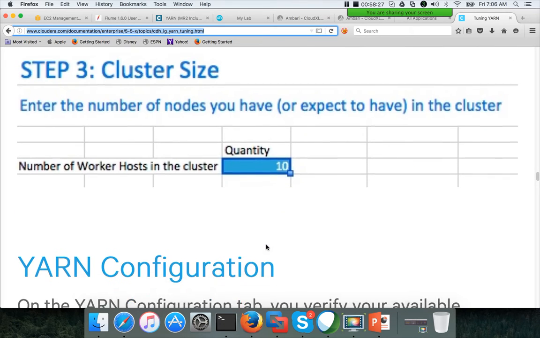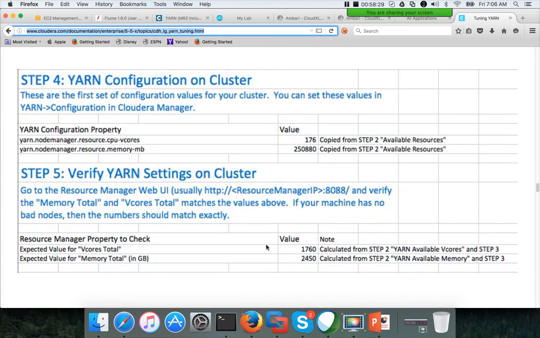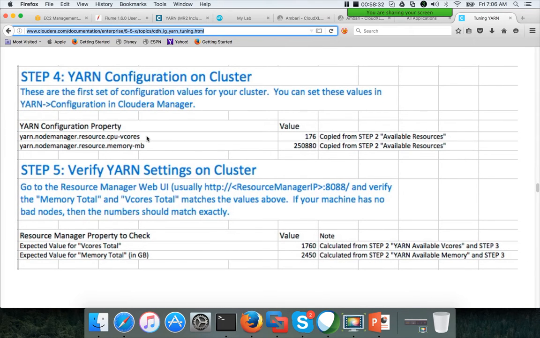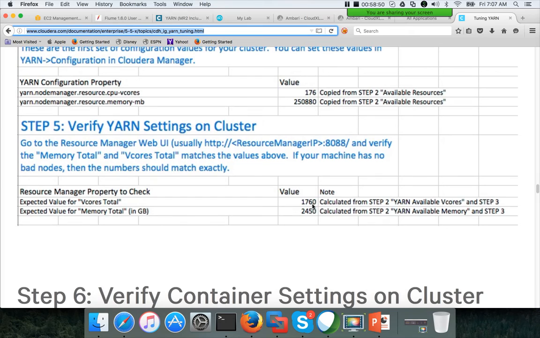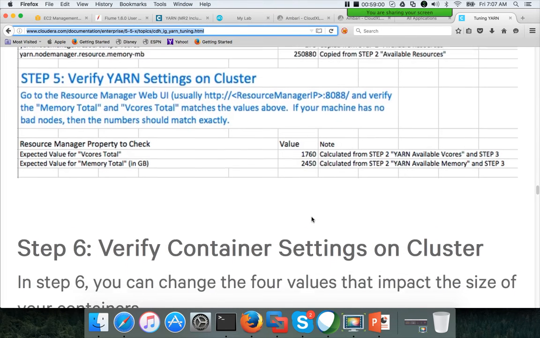The number of worker hosts in the cluster is 10 in this case, and here they are saying if it is an IO intensive job, you can say yarn.nodemanager.resource.cpu-vcores is 176, okay, and the memory setting is 245 GB, and the total cluster capacity is 1760 from the vcores perspective, and the total memory is 2.45 terabytes